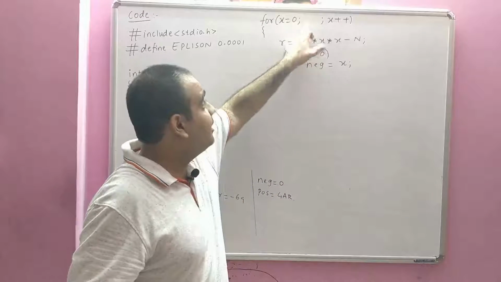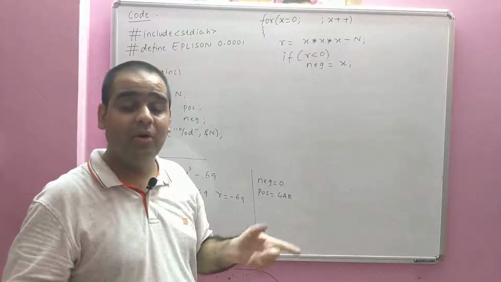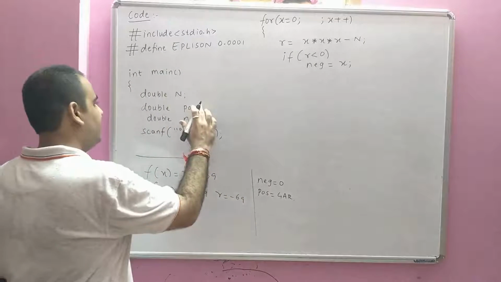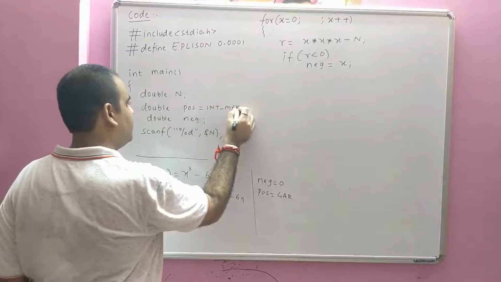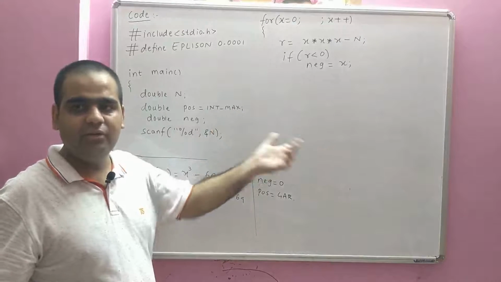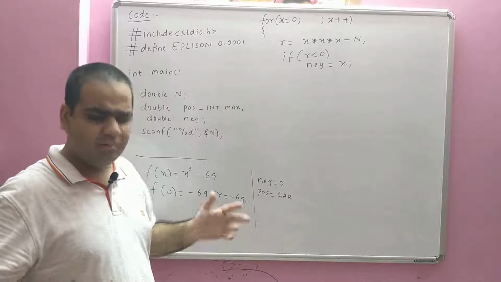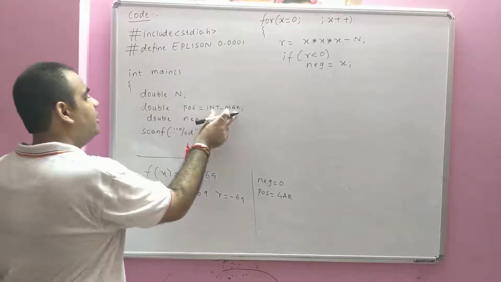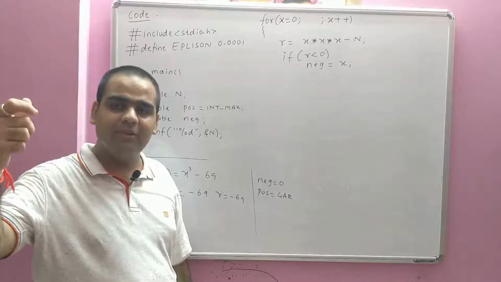Now, the question comes, then how do I come out of the loop? How do I know when I should come out of the loop? It's very simple. What we will do, we will initialize the positive value to int max. Now, what is int max? It is plus infinity. In case, it's the largest integer value that can be stored, that is 2 to the power 31 minus 1. We assume it as infinity because you cannot store more than that in case of integers. Hence, this int max we assume as infinity. It's not an infinity value, it's 2 to the power 31 minus 1.